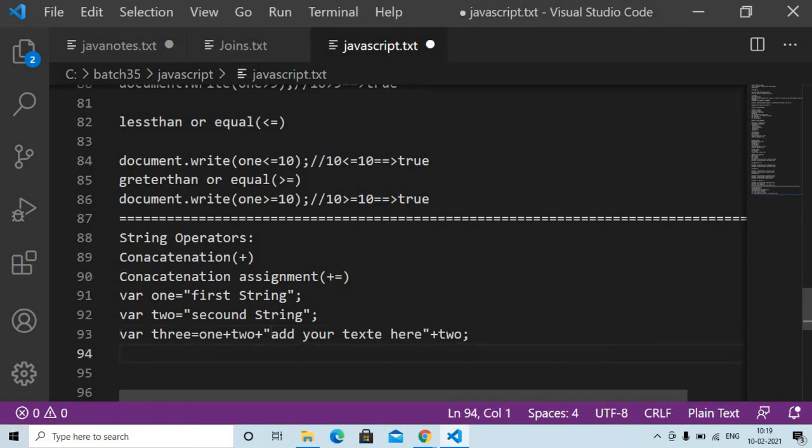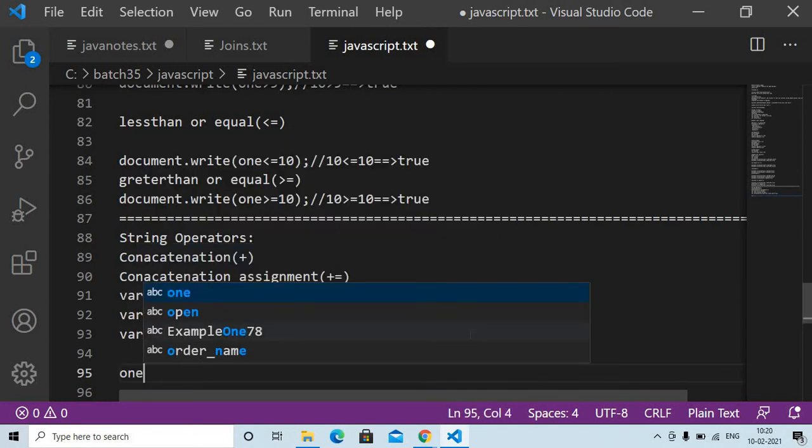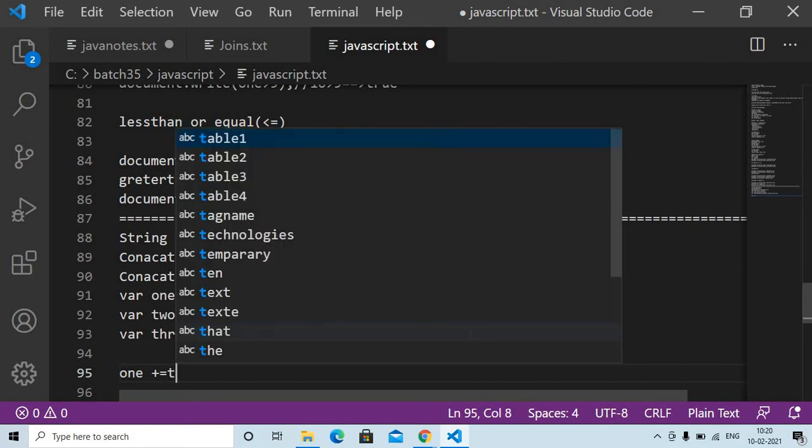Okay, so for example you are taking any one string, that string you want to add more values. For example, these two values you want to assign to one variable. Whatever the two values you have, you want to assign that to this one variable. Just you can write 1 plus is equal to, okay, 1 plus is equal to 2.